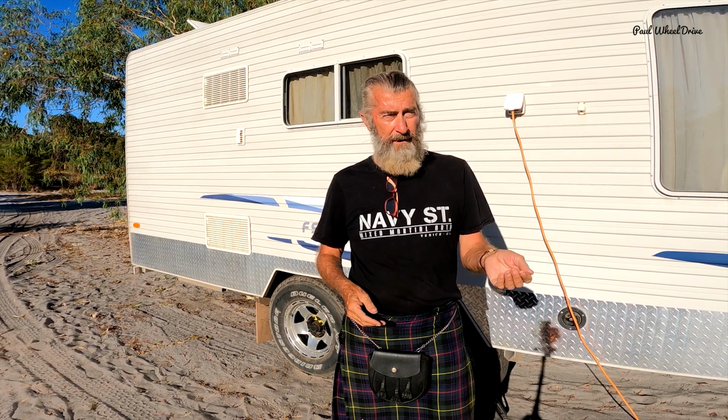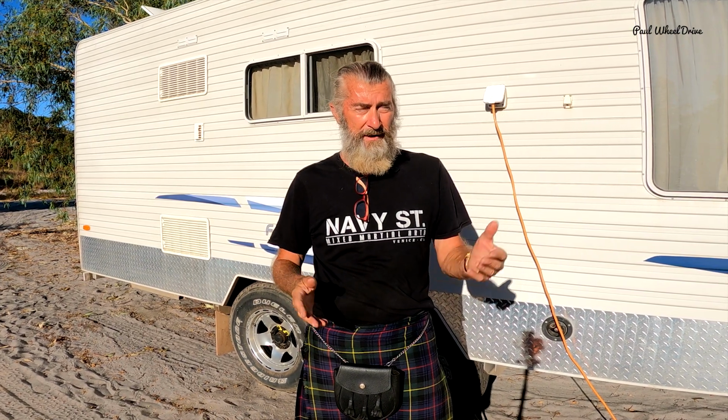Buying a caravan, you can either buy it privately or buy it through a caravan sales company. I personally would prefer to buy it privately. There's a bit of a risk in it, but there's probably risk in both ways. So for me to qualify that person on the other end of the phone is selling it privately and is